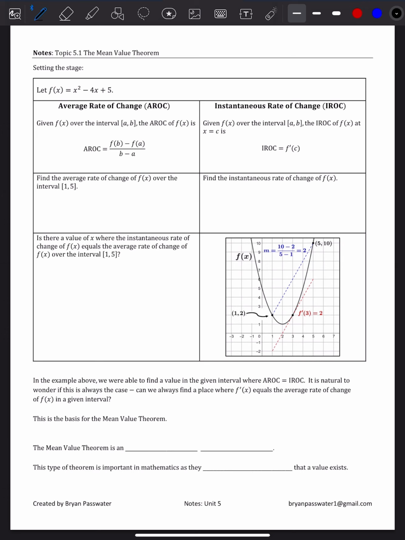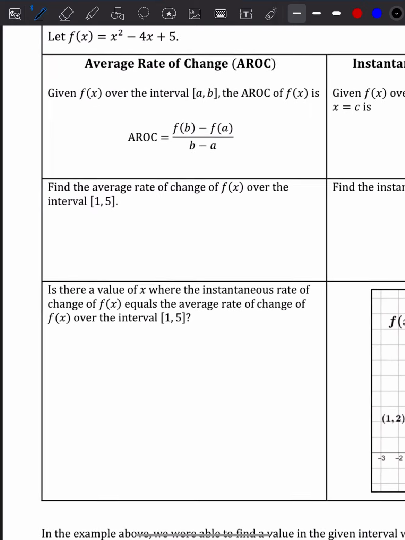So let f of x equal x squared minus 4x plus 5. Our average rate of change. So average rate of change is the slope over an interval. Generally, it's the endpoints of whatever we're given. So we're going to use that slope formula. So find the average rate of change of f of x over the interval